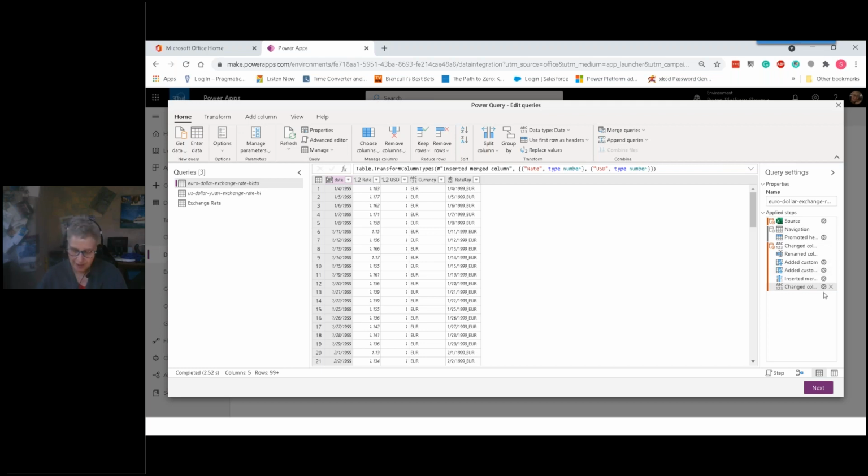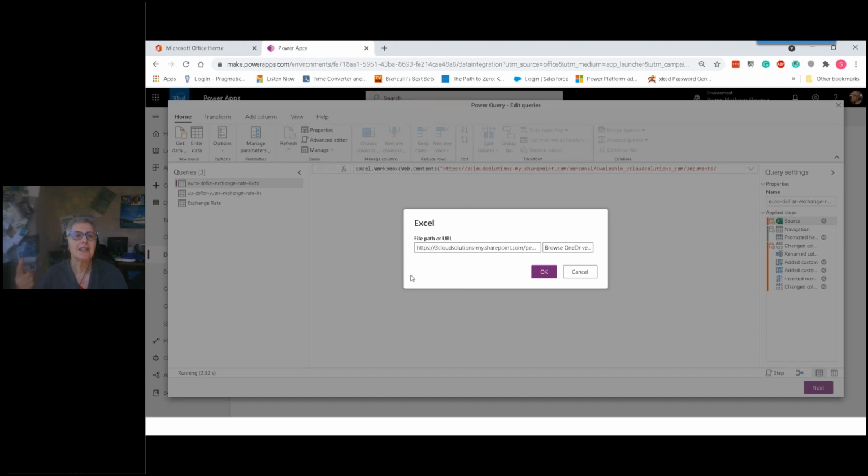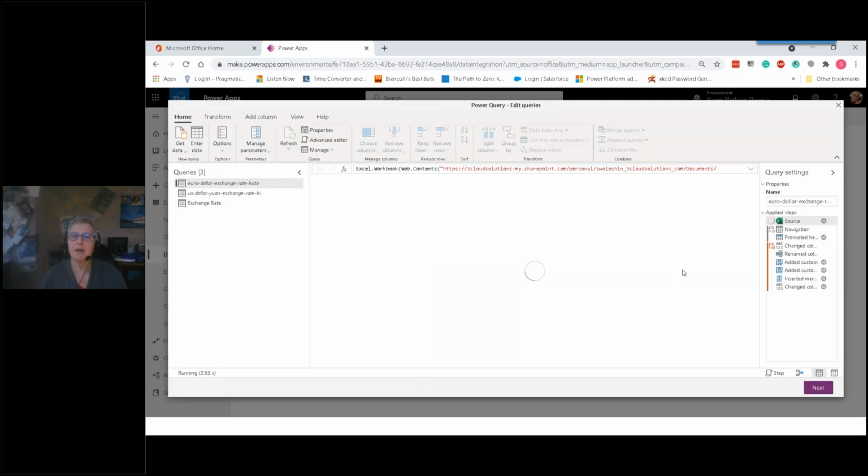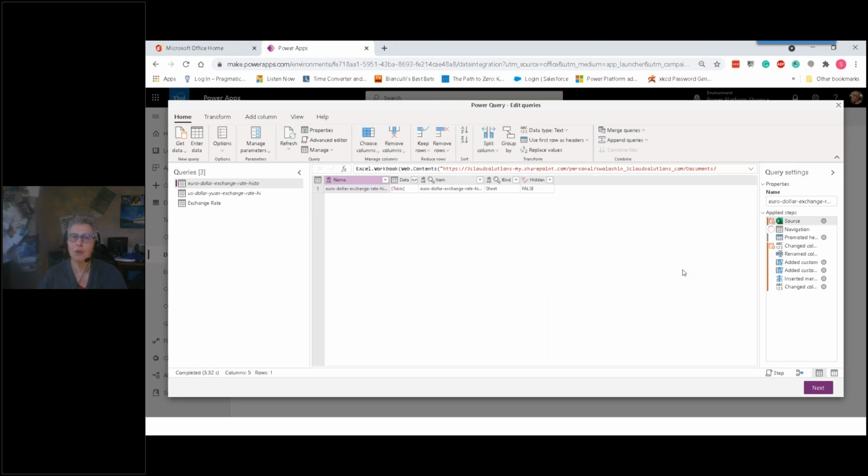And everywhere that you see that gear, that's a step that you can double click on and edit or view. So I'm going to double click it and show you, this is just showing me the source of my data. If I needed to change it, I could change it right here. Oh, I really meant to cancel that instead of okay.